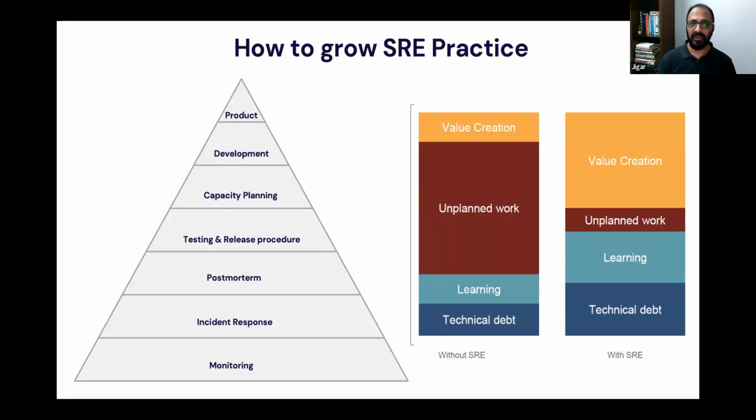And that's where we utilize the SRE pyramid, because we can start from anywhere, but the ultimate goal is having a product which is always available. The reason it's called a pyramid is because every skill builds on top of each other. So you basically start with monitoring, where you are monitoring your logs,